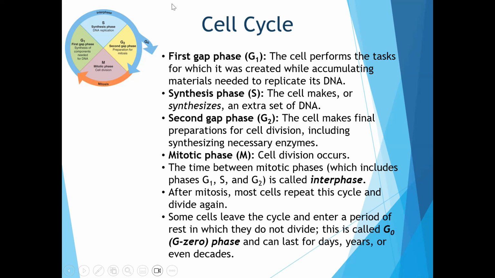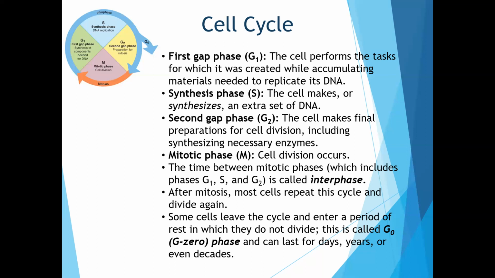So it's going to make all the final preparations it needs prior to actually moving on to mitotic phase so that it can divide. In mitotic phase, or mitosis, cell division actually occurs. As we said, everything but this mitotic phase is known as interphase. And then most of the time, this is kind of a continuous cycle. Once mitosis happens, we go back to G1 and the preparation happens again,